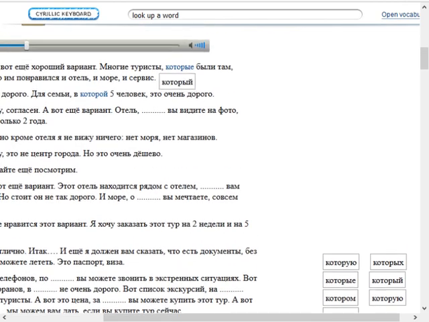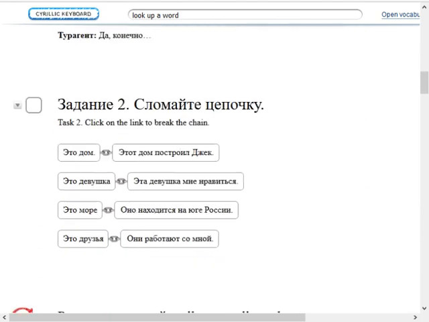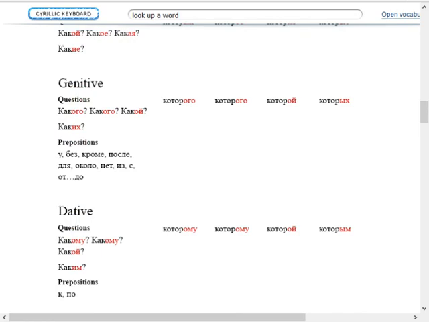This is again который вы видите на фото, новый. So this is the hotel which you see in the photograph is new. And который, that is then